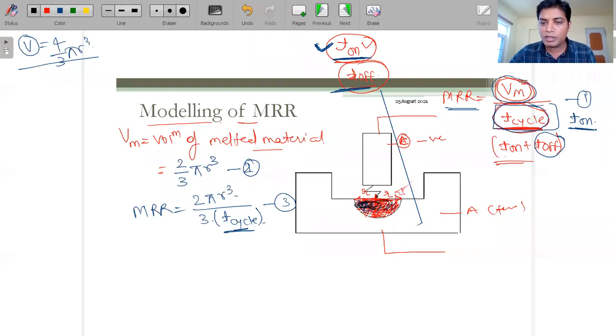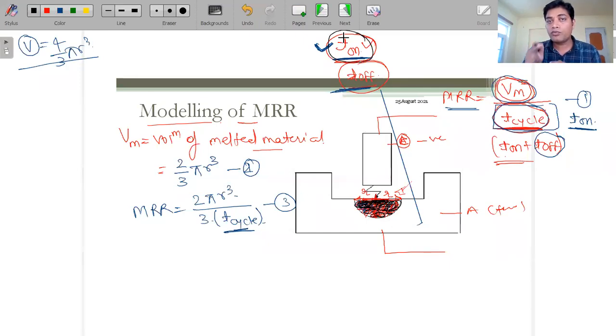Okay, this much amount of the material is removed. But exactly what will happen when you generate another spark, where will it go? It should come in solid contact. Now this material is melted, which means it is in a liquid form. If the spark comes in contact with this liquid zone, then it will not remove the material. It is a vestige of spark. It is a vestige of timing on when the second spark is generated.